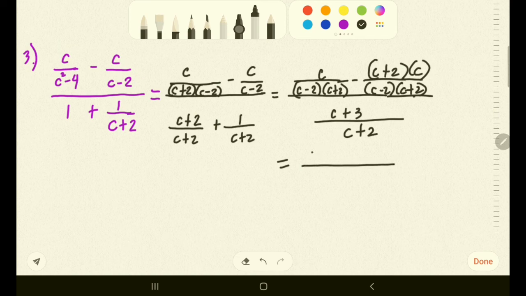Okay, so for this, you can subtract directly. C minus 2, then c plus 2. So, c minus c times c, that is c squared. 2 times c, that is 2c. Okay. Over c plus 3 over c plus 2. That's equal to